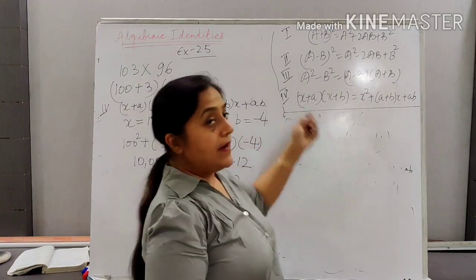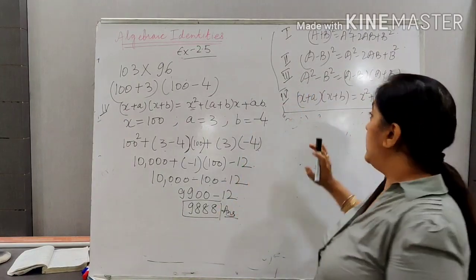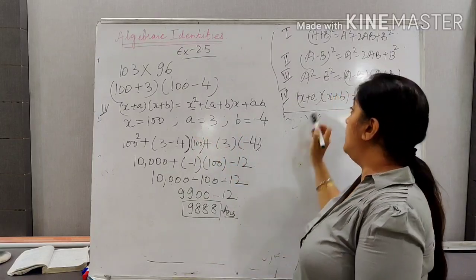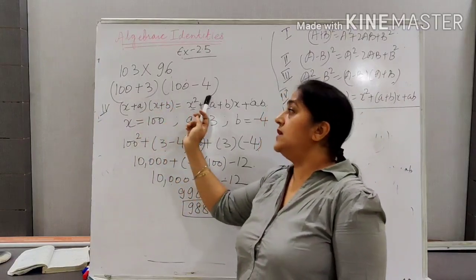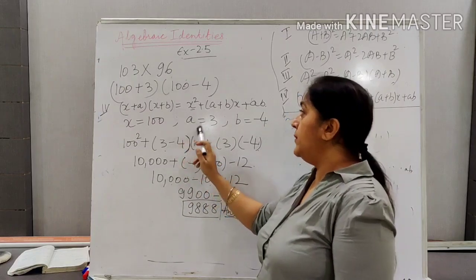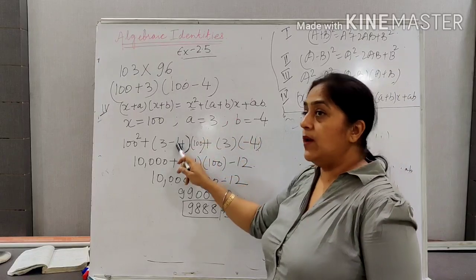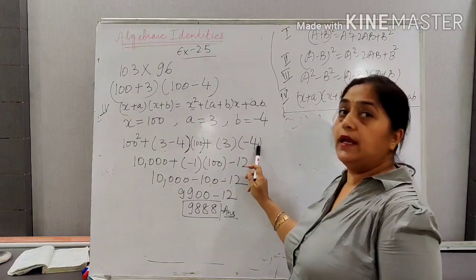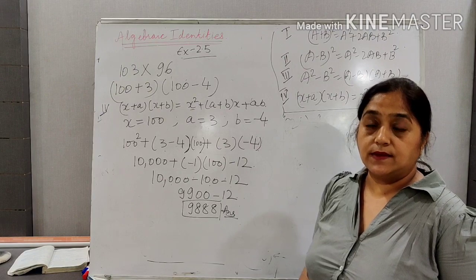See, in these types of questions, we have used the identities in separate ways. In one question, I had A negative and B also negative. In another question, both were positive. And the third set of questions I have taken is one in which one is positive and the other one is negative. So listen to me very carefully. How will you do it? One you will take positive, the other will be negative, and the same you are going to use in the formula. It is 3 minus 4, and it is 3 into minus 4, and in this way you will be doing your calculations. Thank you, class.